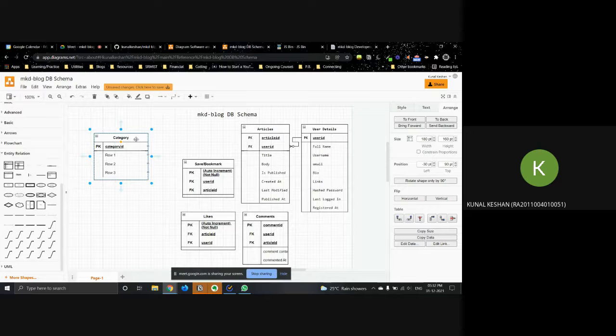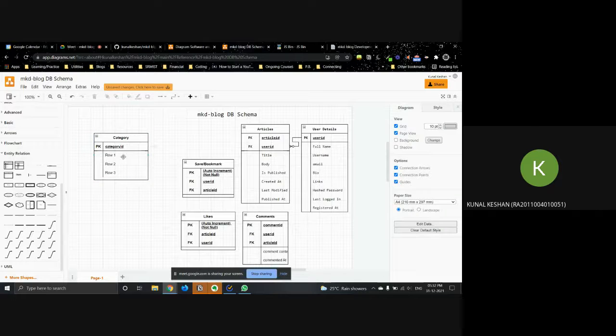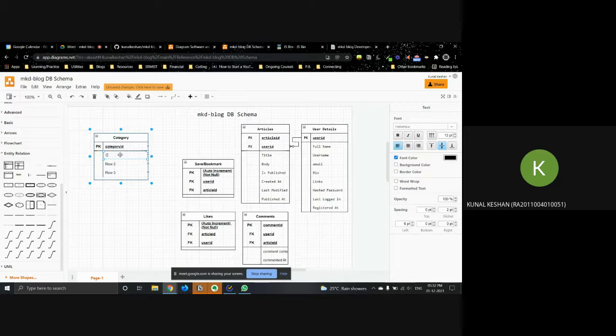So these all come under that particular category table. So we'll have the category name and the description for that category.